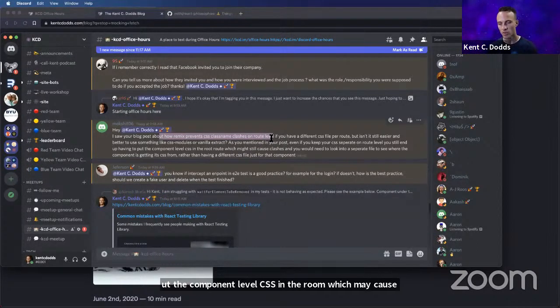Yeah, I don't know what more to say than what I had in that blog post. You absolutely can have those CSS clashes, but in practice, for reusable stuff, you're probably going to namespace it anyway. And so why? Yeah, that's not a problem.